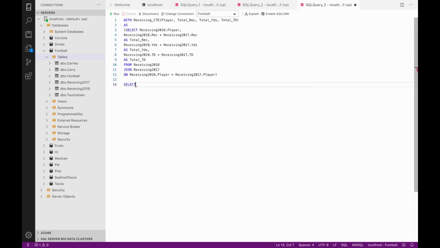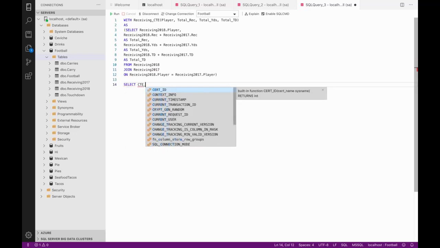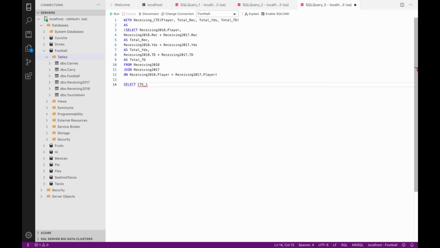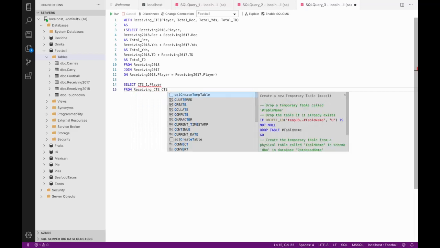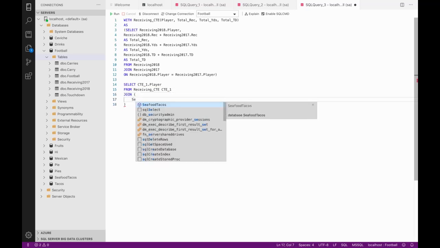So from there, let's say we wanted to know the player with the most receptions. So we're going to go ahead and create a nickname or a variable name, any way to store this player name. We'll just say select CTE underscore 1. That'll just be the placeholder, and we'll say dot player to get that player's name. We'll then say from our CTE table we just made, so from receiving underscore CTE, and then space the placeholder,